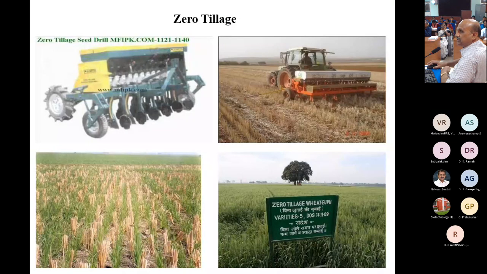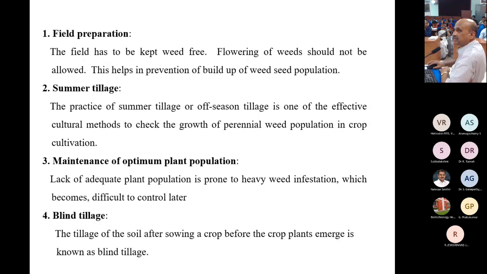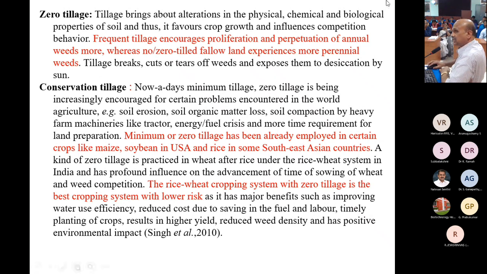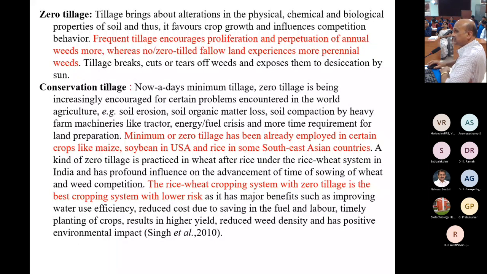And coming to the tillage operation, another important point. So minimum or reduced tillage again increases the weed menace, especially annual weeds in summer. So annual weeds menace is more during summer because of this tillage operation. So zero tillage or reduced tillage increases the weed menace. And zero tillage, conservation tillage is always better, but the main problem with conservation tillage is maintaining the residue on the surface of the soil.